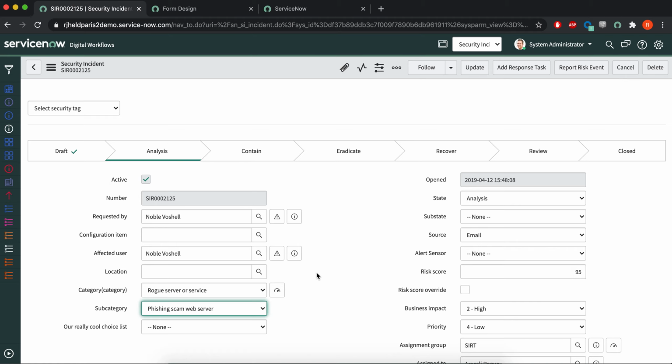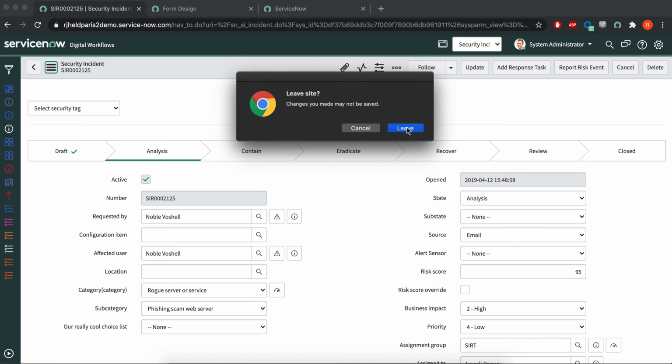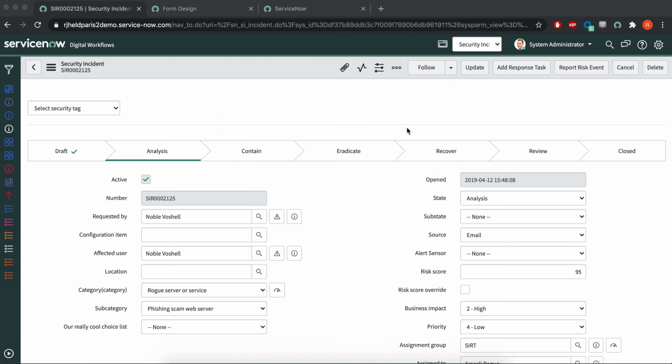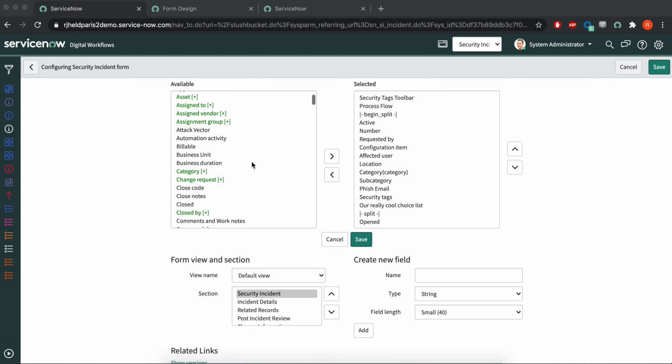As far as editing this, there's also another option, which is simply editing the form layout. It's not the fancy drag and drop designer. It's a little lower level, but it'll give you access to not only all of the fields that exist on this table, but I can also do what we call dot walk into